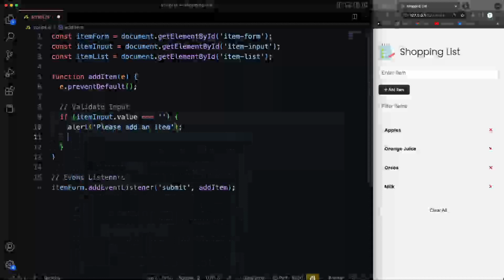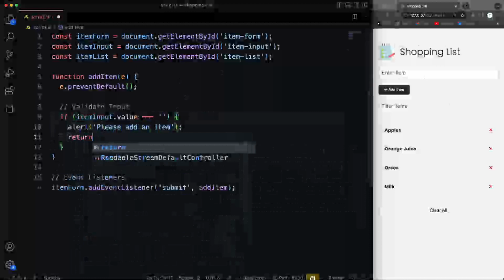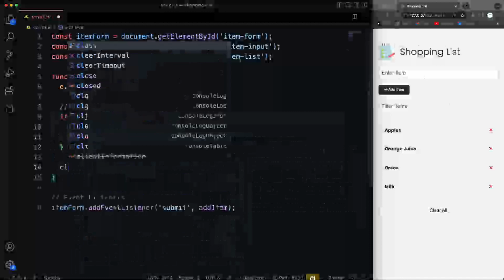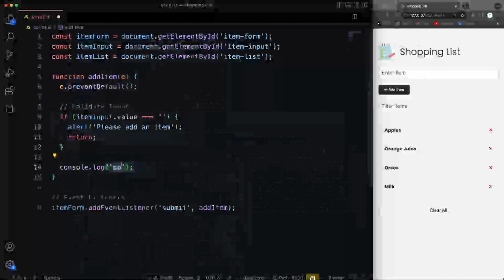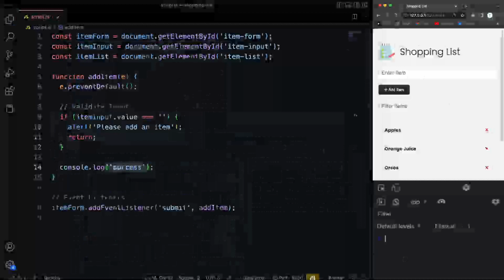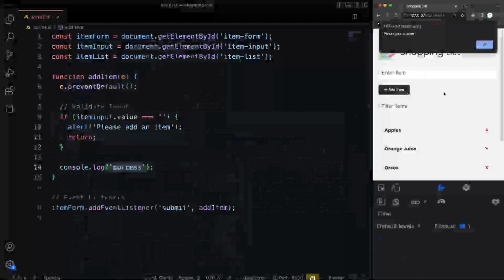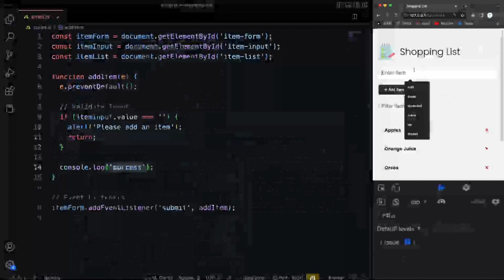Okay, and you can create your own custom alert boxes and stuff. It looks much better, and we'll be doing that in another project, but for this we're just going to use a basic alert. And then we want to make sure we just return because we don't want anything else to happen. So outside of the if statement, let's just do a console log of success. So now I'm just going to open the console up. If I just click this without inserting anything, I get an alert. But if I put something in here like milk, then we see